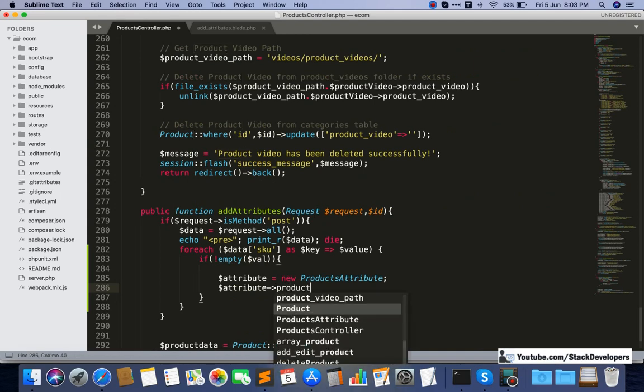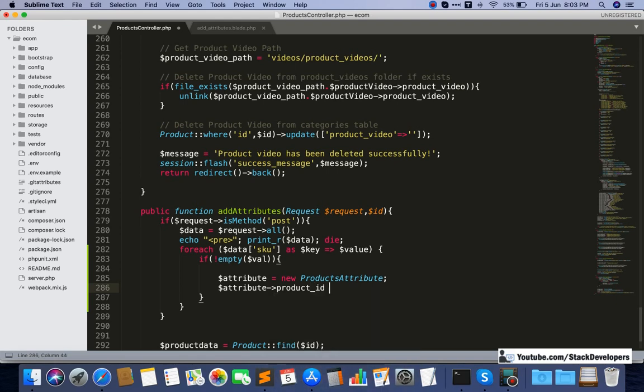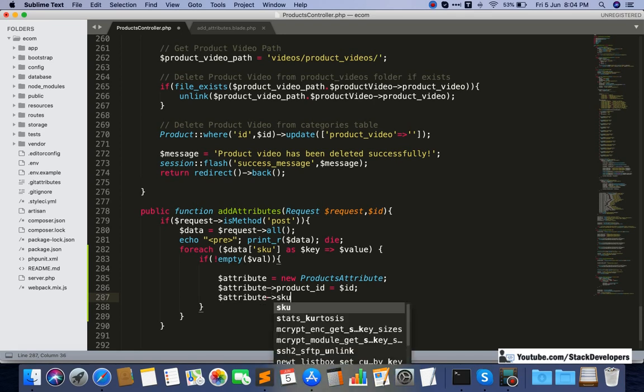I assume that the product ID is coming to me, so I can save the product ID as well. The ID is already there, you can see that we have the ID itself, so that hidden field is not required at all. Because we are using the same function for posting the data, the ID is already there. We can check that if the ID is coming, then the hidden field we just added is not required. So after that I am going to take the SKU.